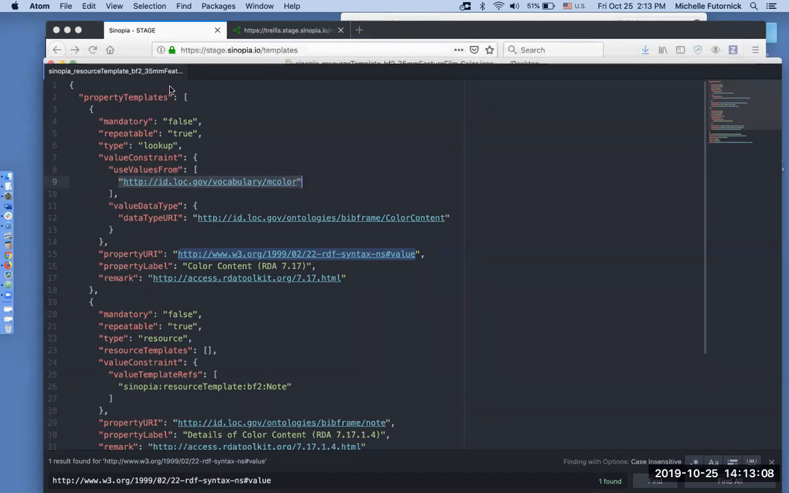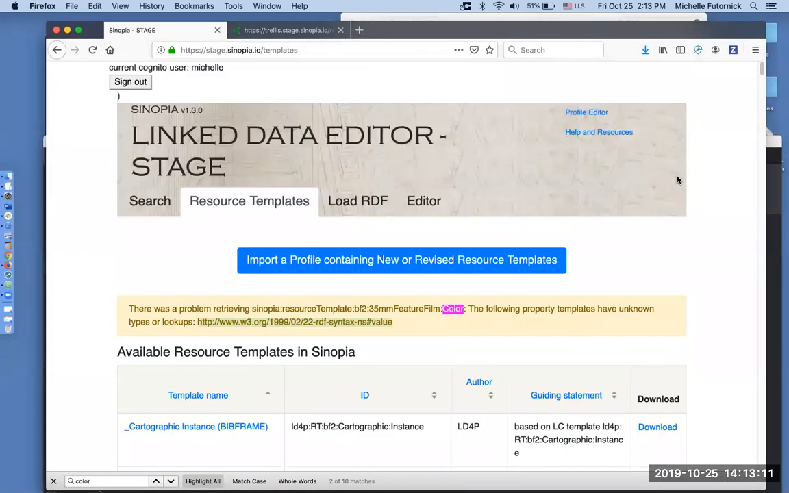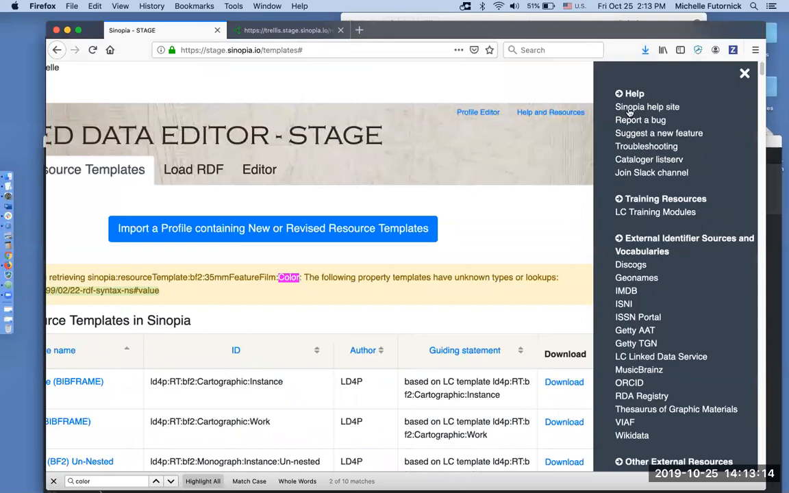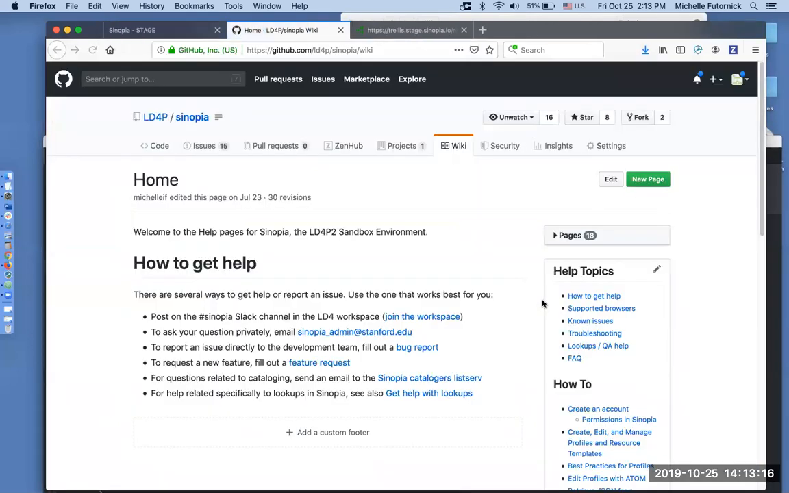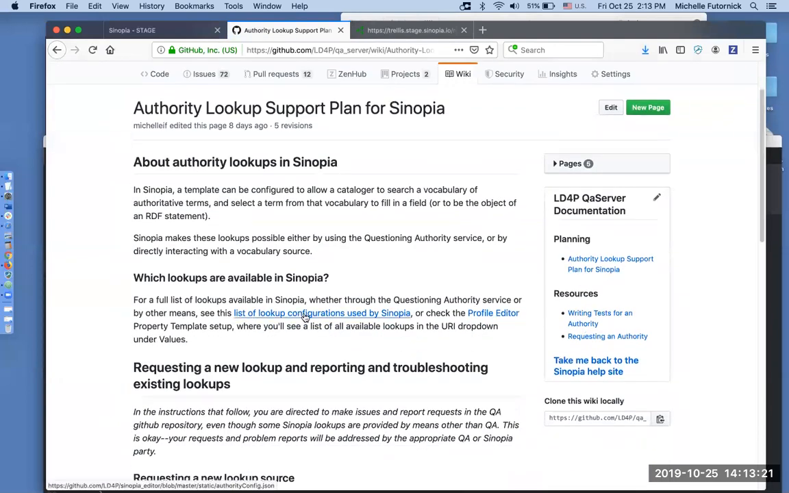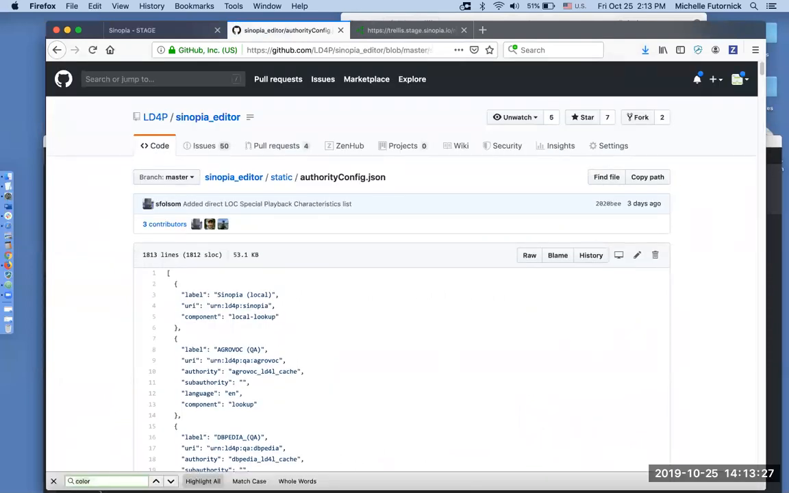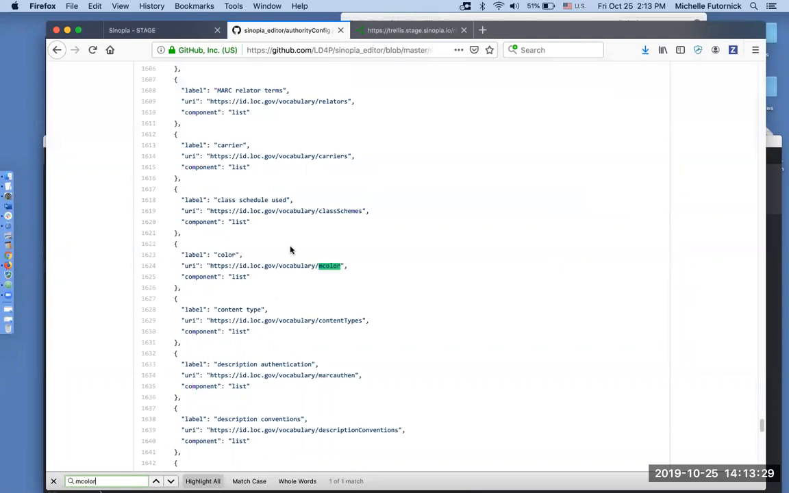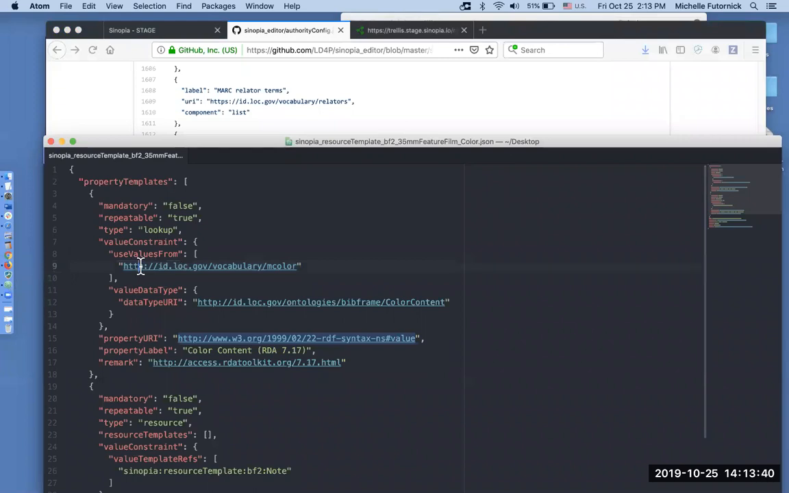And how could you check that? If you go to the Help tab here, Sinopia Help site, then navigate to Lookups and QA Help, you'll see a link to a list of lookups supported by Sinopia. And that one that we were looking at was mcolor. So it's here, but you'll notice Sinopia uses HTTPS, and here was HTTP. So if you fix that here in the template, then the error would go away and